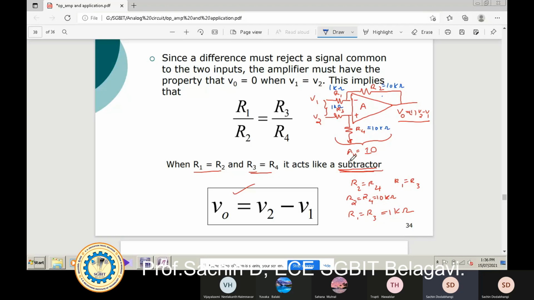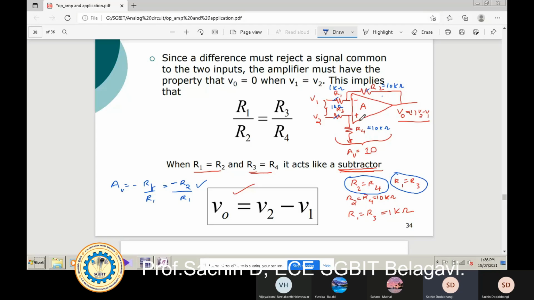So the gain of this amplifier, as I told you, AV is equal to minus RF by R1. The gain of this differential amplifier is equal to minus RF divided by R1. RF is what? RF is nothing but the feedback resistor, R2. So R2 divided by R1. This holds good only when I take R2 equal to R4 and R1 equal to R3, meaning R1 and R3 are the same and R2 and R4 are the same. In that case only, the voltage gain will be equal to minus R2 divided by R1. So what will be my gain now? R2, what is R2?